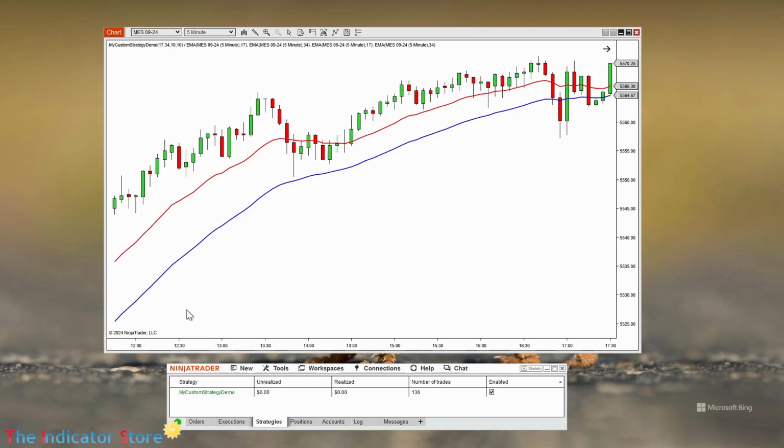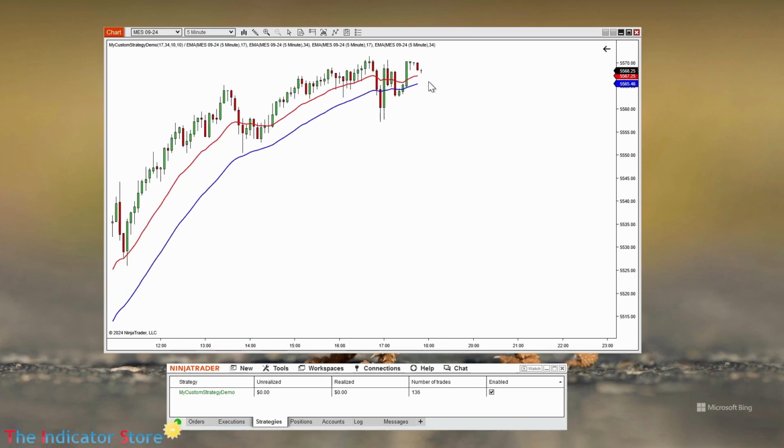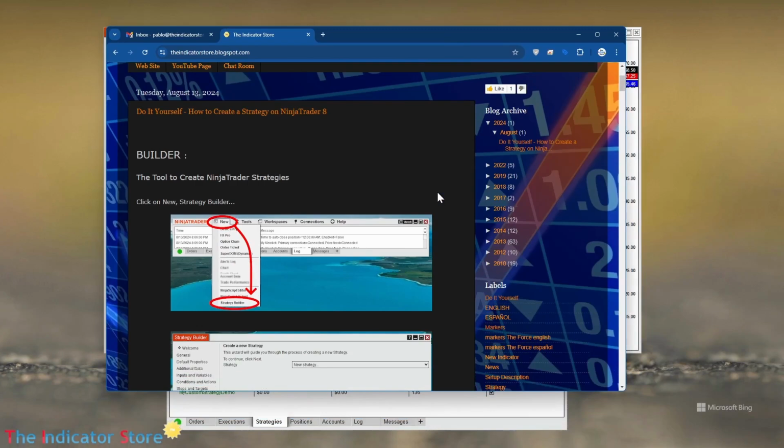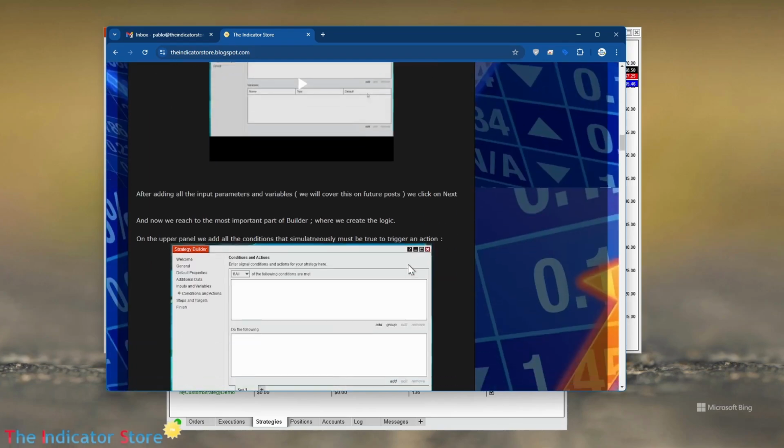And now this strategy will execute orders in live also, and you can also use this strategy with Strategy Analyzer to optimize the parameters. More about that on the following video. For more details, you can read the blog that we have. I will add the link to this blog on the description of this video. Okay, so you have the step-by-step and also some